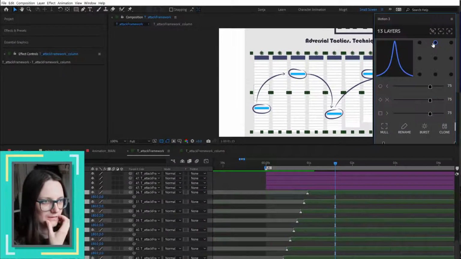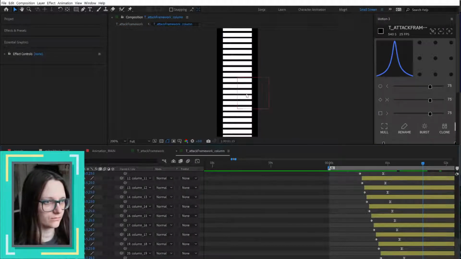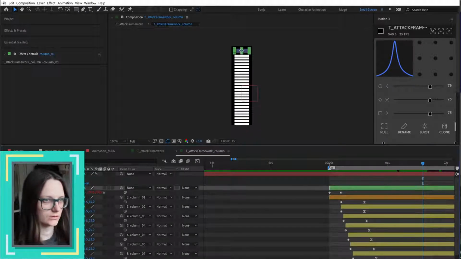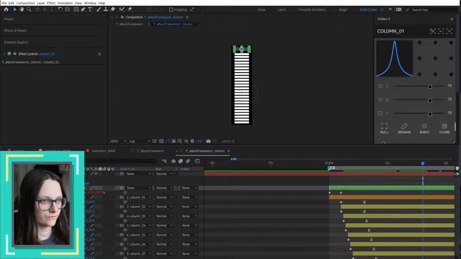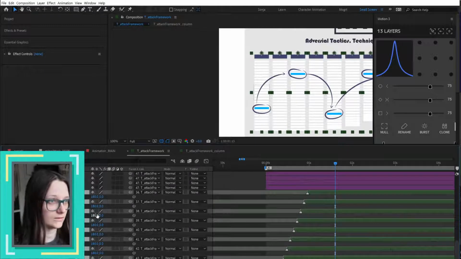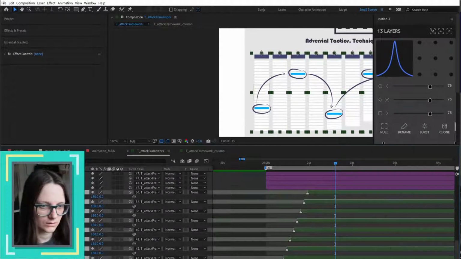Let's move this up to the top. So if I change the column, I can, you know what? I'm just gonna push this up a little bit. Then I'm gonna have to adjust these here again, but that's easier than